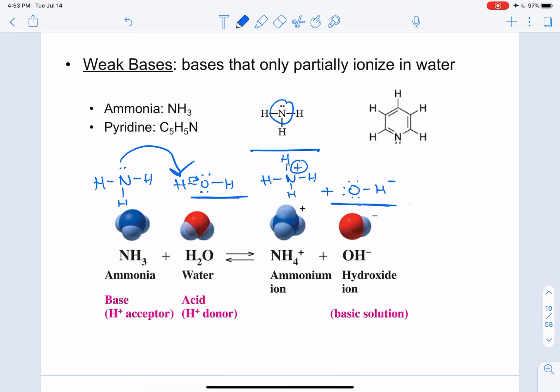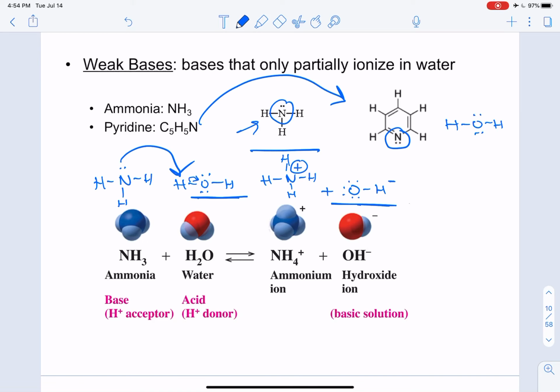So pyridine is another one. Pyridine looks like a really big, weird, and evil molecule, and how would I even know what this is doing and that it's a weak base? Well, if you notice, it's got this nitrogen right here. And the nitrogen is going to do the exact same thing that the nitrogen does in the simple molecule ammonia. When we put it with water,